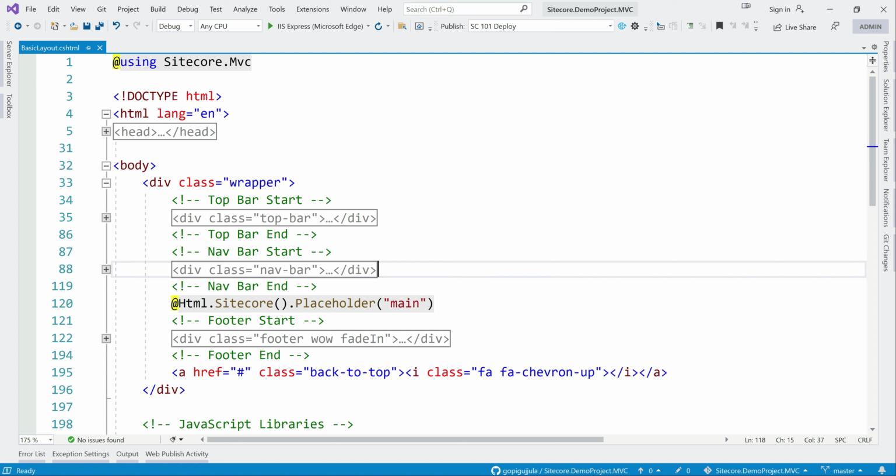So then what are placeholder settings? For each placeholder, we can create an item called placeholder settings, which contains the allowed controls. So what do we mean by allowed controls? Currently we have only implemented 3 components for demo purposes, but a website can contain a large number of components, and also a large number of placeholders.